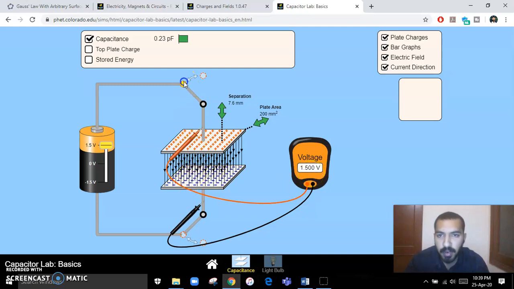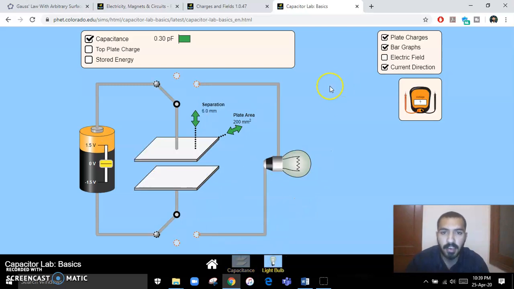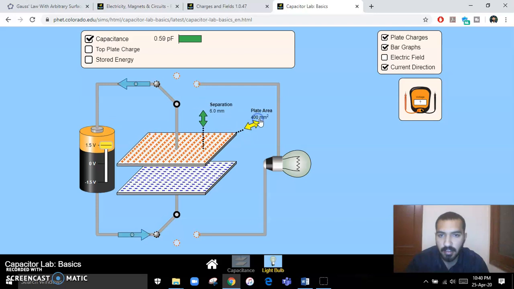And if you remove the battery, these 1.5 volts remain stored in this capacitor. Now these voltages are stored in the capacitor. This voltage will be delivered to the load if there is a load on this side. That load is in this portion. There is a bulb here. You can charge your capacitor with this battery, and by increasing the plate size for maximum voltage storage, turn on the 1.5 volts and the electric field. Now this capacitor is completely charged.